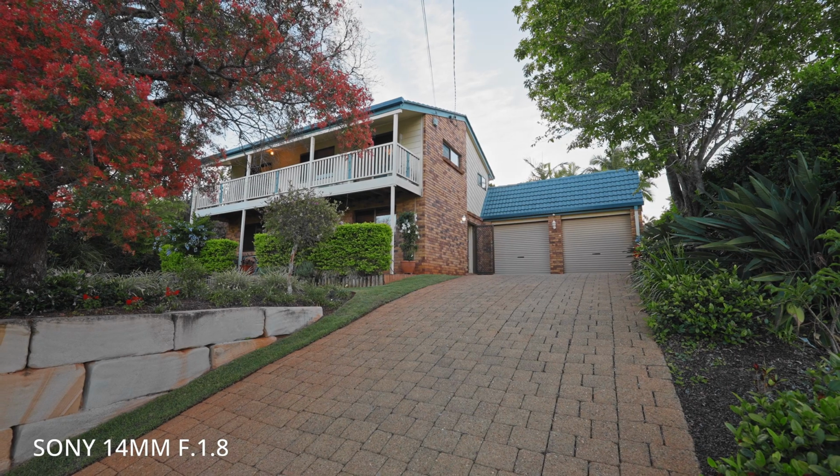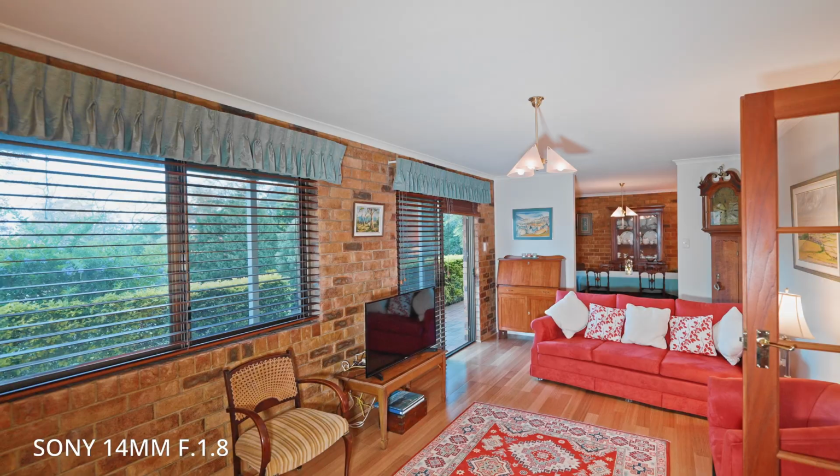And so feeling so restricted on that 14mm, which is, as I said, 15% tighter than the 12mm, just put me off a fair bit. So the 1.8 did actually come in clutch when I was on a twilight shoot, so it was a little